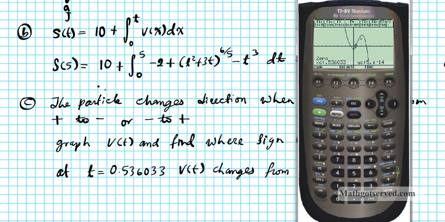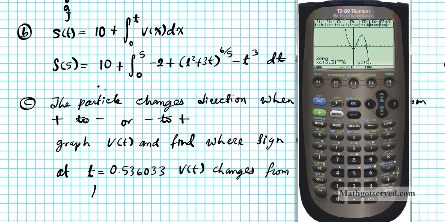Okay, we still have another sign change in our domain. This is where the velocity function changes from positive to negative. Let's go ahead and look for that. F5, wait a minute, it's not intersection, we're looking for the 0, F5 2, lower bound, we can use 3, enter, upper bound, we can use 4, enter, and our second sign change happens at